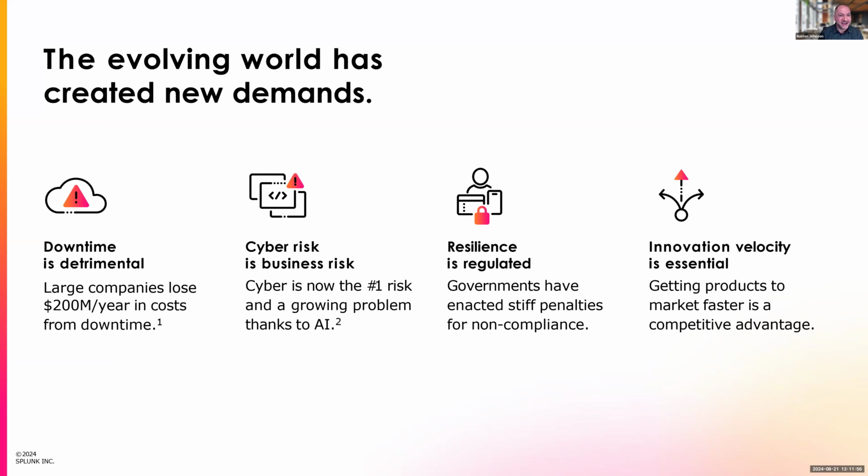We look at things like China pre-positioning with Volt Typhoon. We look at the use of AI and more sophisticated attacks now focusing more and more on OT environments as well. So that's obviously top of mind. And then, of course, the increasing regulations that come as a result of that, right? Where we see gas owners and operators now with TSA requirements. We see EPA looking at water. We see new reporting requirements from CISA with CIRCIA and SEC reporting requirements.